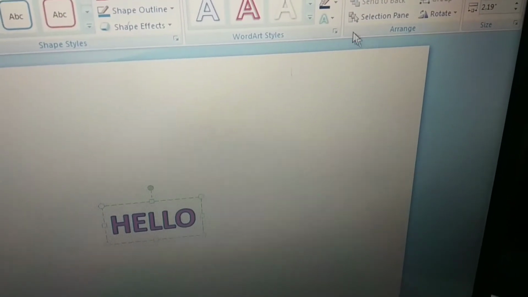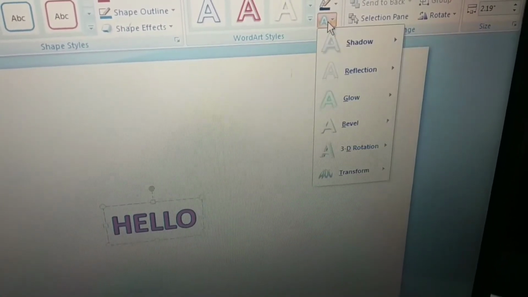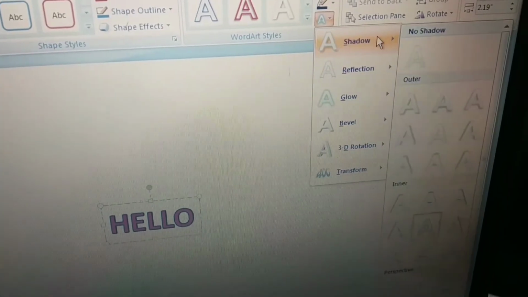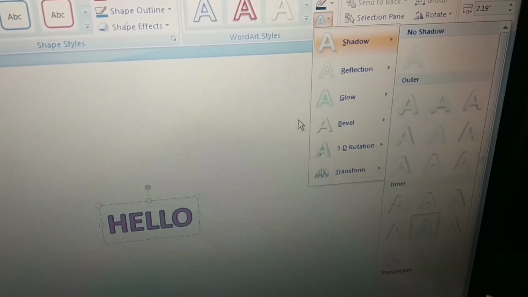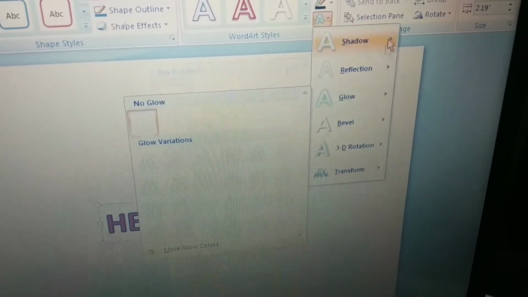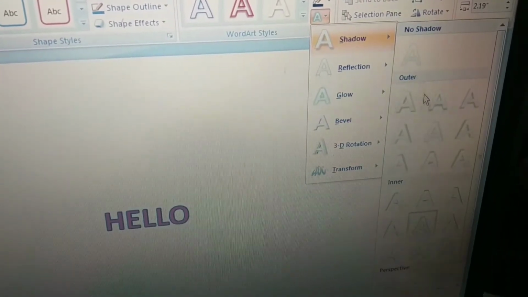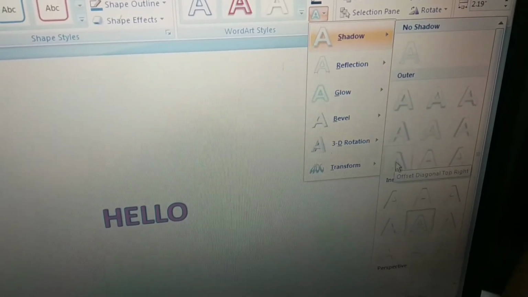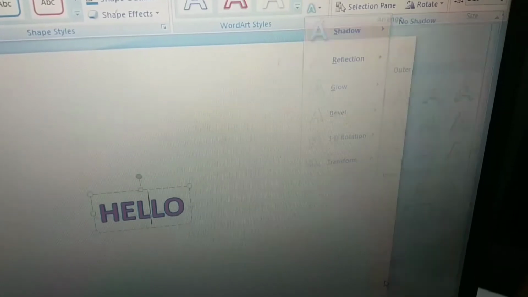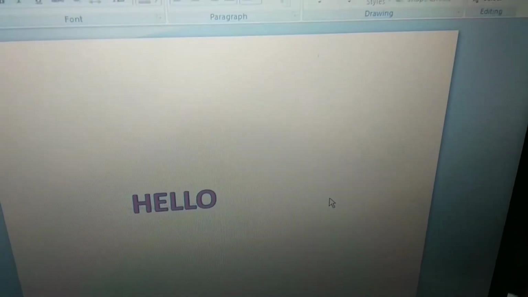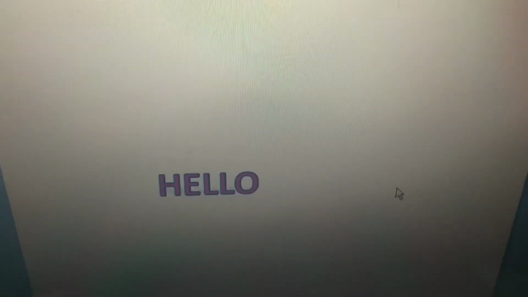I will show you once again. In the format tab, word art style, shadow. Now you can see a slight shadow behind the text is there.